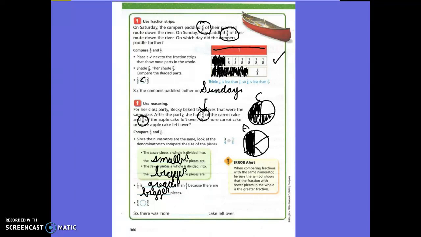So, which one is greater, 3/4 or 3/6? 3/4. So there was more of what kind of